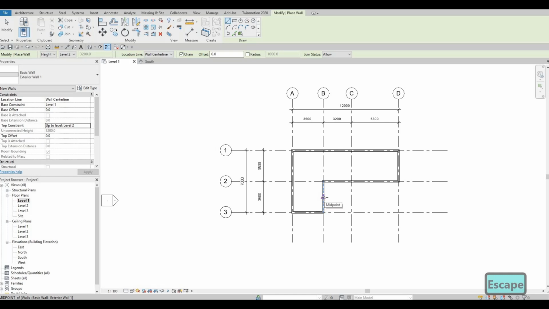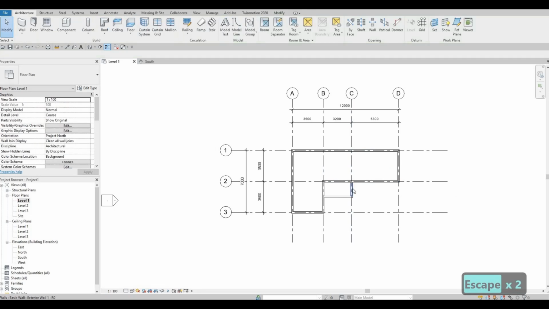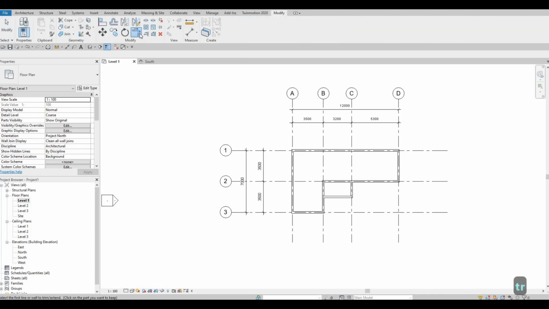I'm going to add in the midpoint of here. So midpoint will be, and then going to C2 again, like that. So now what I'm gonna do is I'm gonna type in TR, or under modify, you can click this trim and extend corner. I'm gonna trim this and then trim this as well. After that, we have this figure or shape. Press escape,